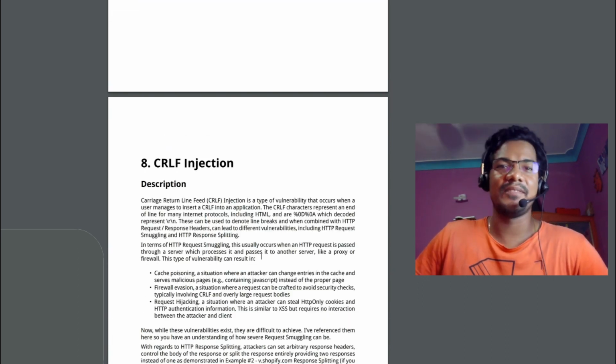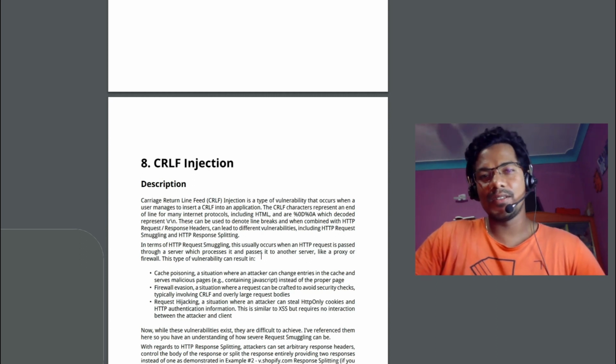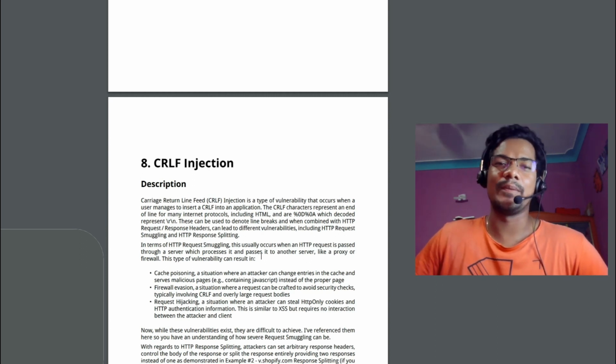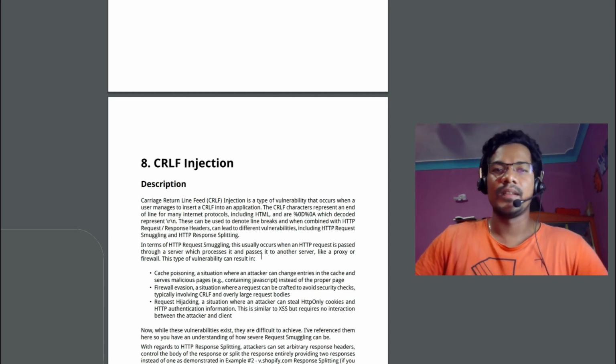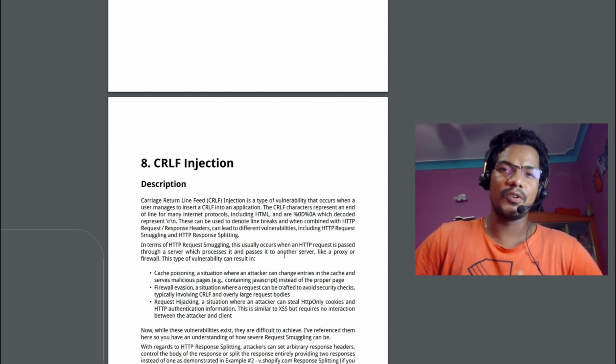I guess the next one is CRLF injection. Carriage return line feed is one of the common attacks, which typically happens with the two characters percentage 0a and percentage 0d.